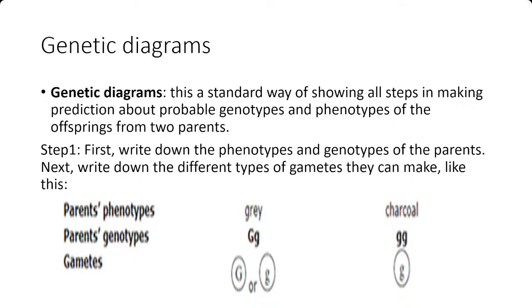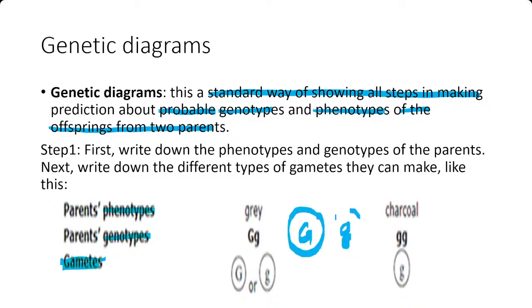All right. Now we come to genetic diagrams. This is a standard way of showing all steps in making the predictions. So you're making predictions because you can never be 100% sure of what you predicted would be what comes about: the probable genotypes and the phenotypes of the offspring from two parents. So the steps basically are: write down the phenotypes, write down the genotypes, write down the gametes. Gametes are basically your alleles circled like this,